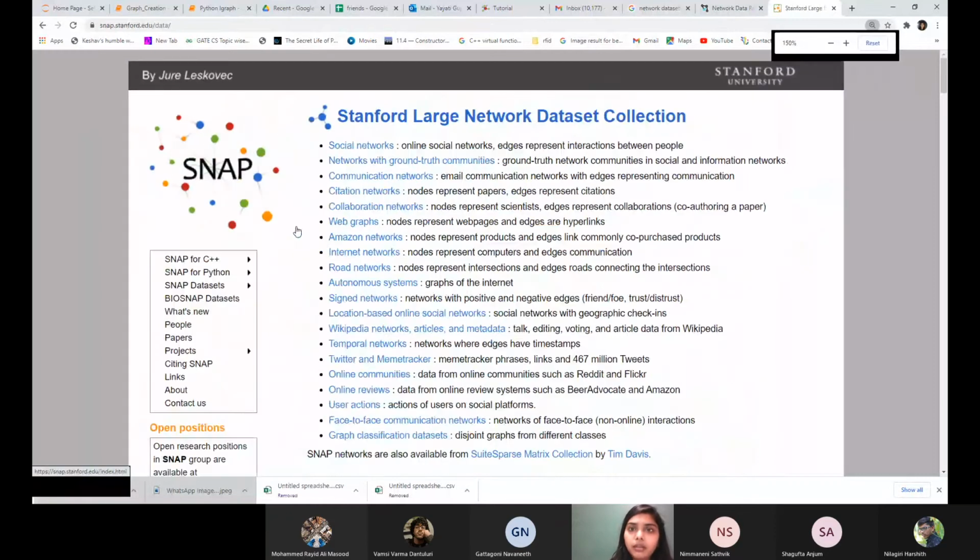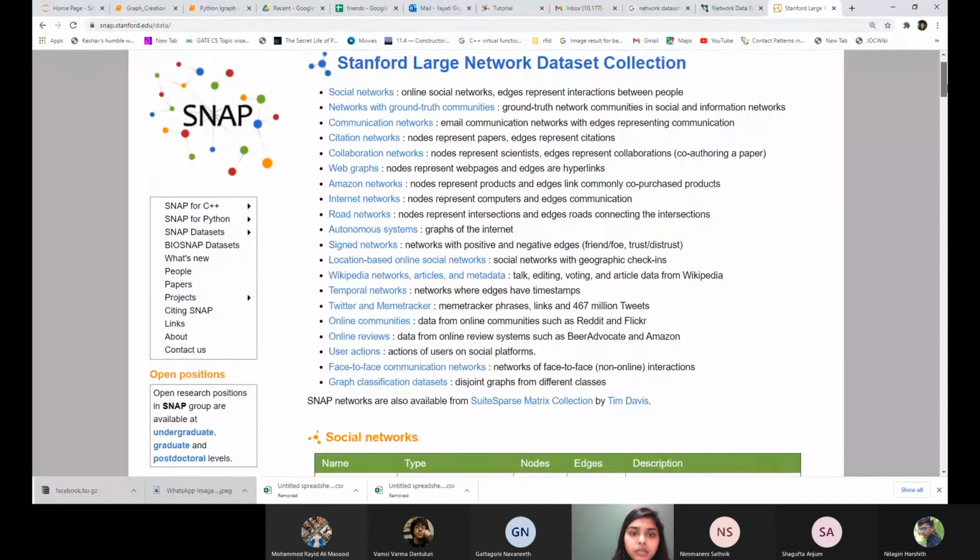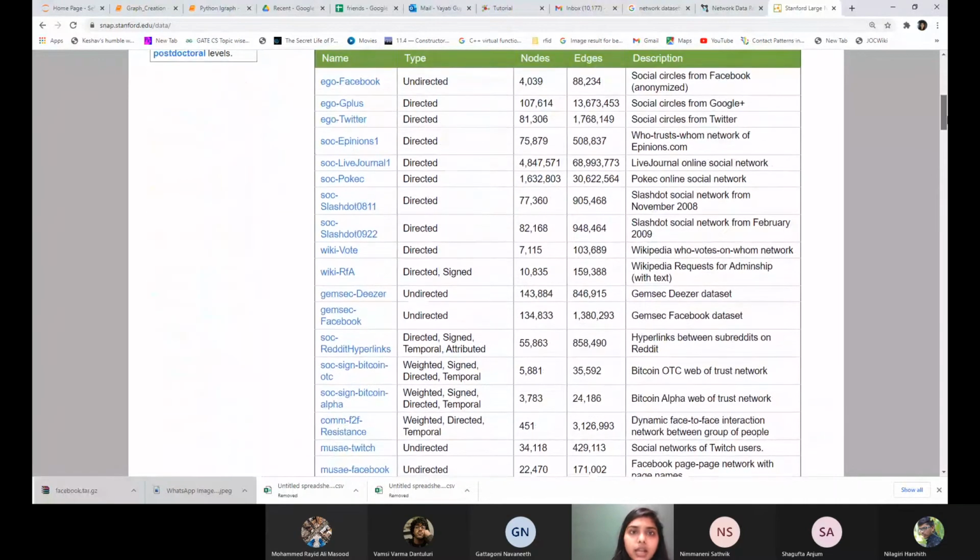This is the first one, where I've also given you the links to those 93 projects. So these are the few networks which are present here. The first one is the social networks. You have data for Facebook, Google Plus, and Twitter. For every network, you can see the description, how many nodes it has, how many edges it has, and certain other attributes. The Facebook graph is undirected. It will definitely be undirected because of the friendship connections.